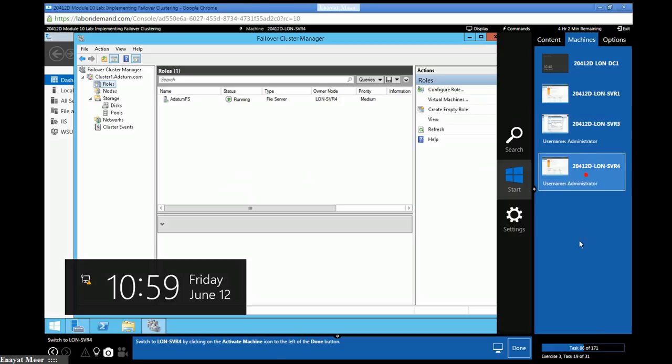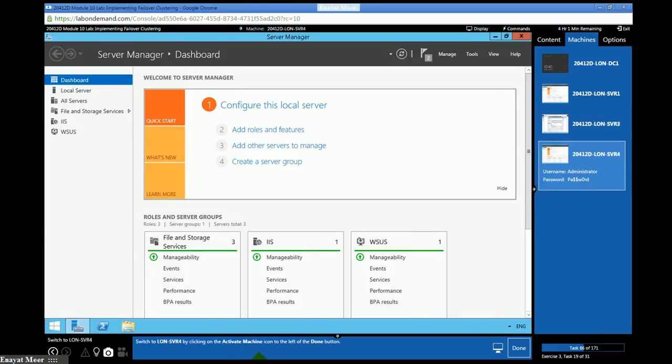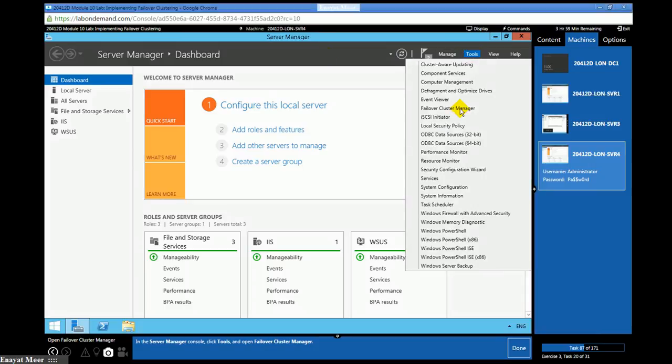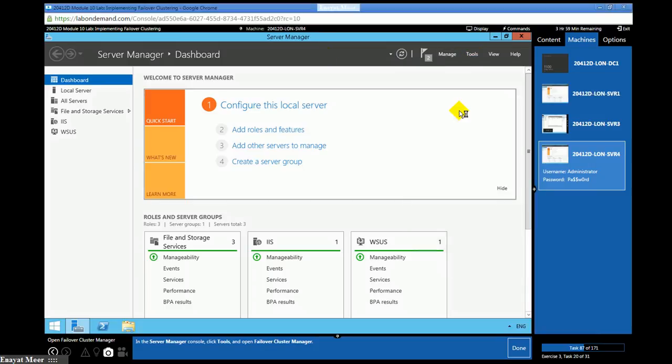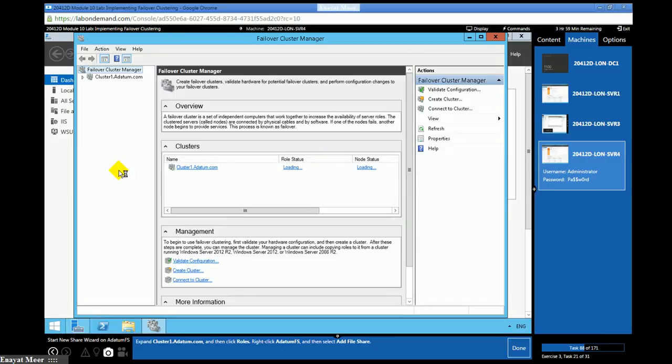Now we go back to SVR4, or server 4. In Server Manager, you're going to open Failover Cluster Manager again here. So remember we installed this feature on both servers and created a cluster and validated the configuration. Don't forget that.